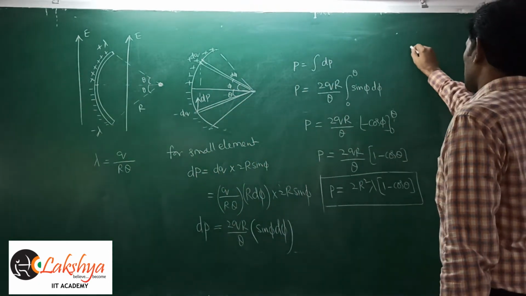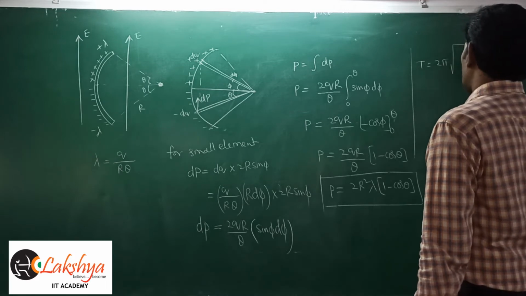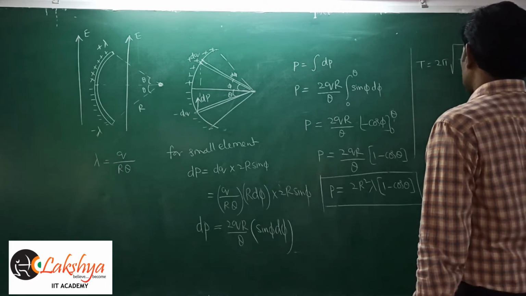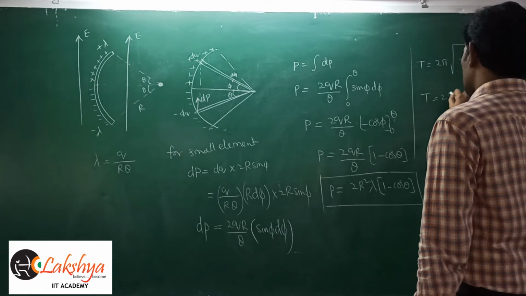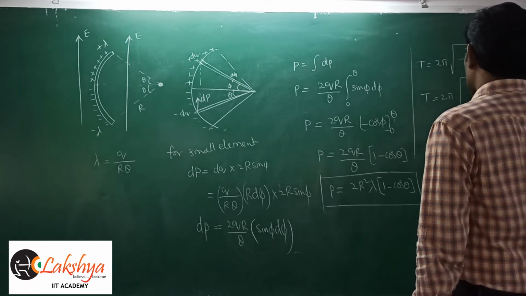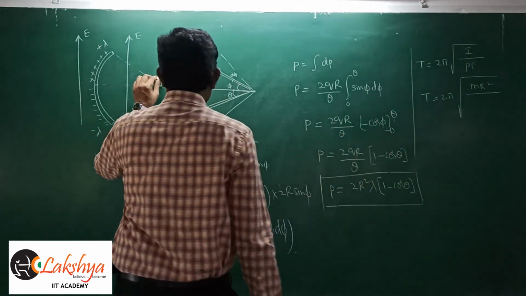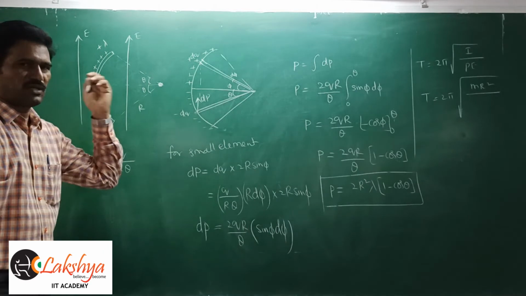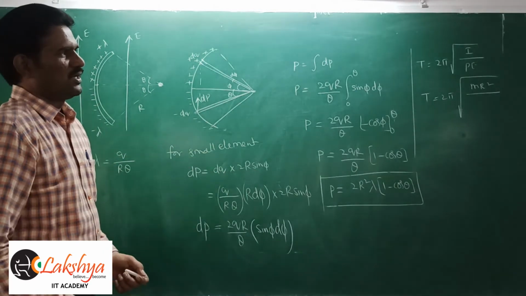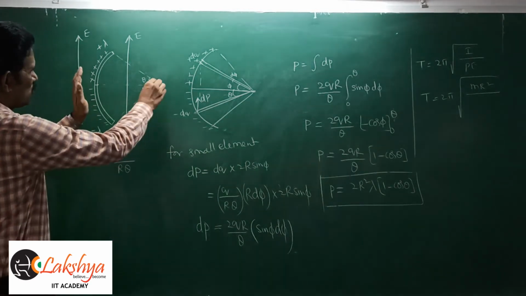Therefore this time period calculation we can write as 2 pi into under root of I by p. We can directly substitute the I value here. This is nothing but I by mr square, because it will rotate about this center only. When it is rotating about its center, the moment of inertia of the circular arc is the same as that of our